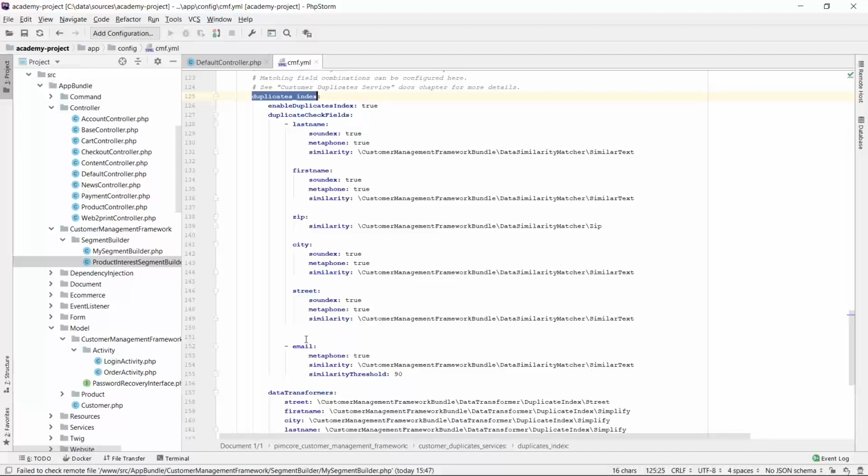For each of these field combinations, there are additional settings that can be configured, which define how the data should be stored into the duplicates index and how the comparison should take place. There are three important settings, which are soundex, metaphone, and similarity. So for each field you can specify whether you want to use soundex comparison,